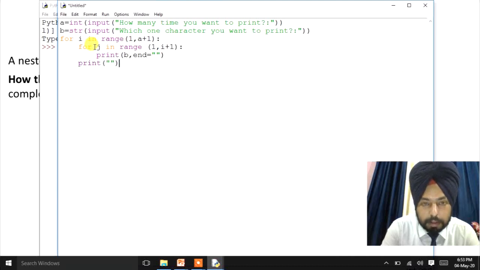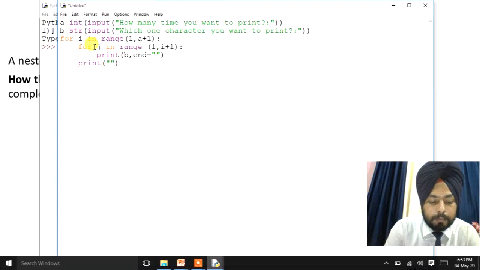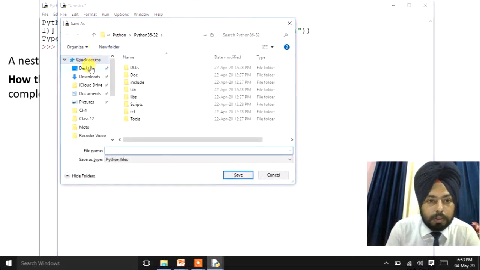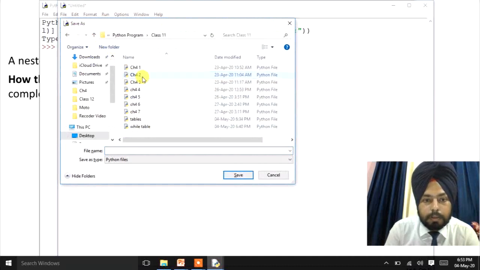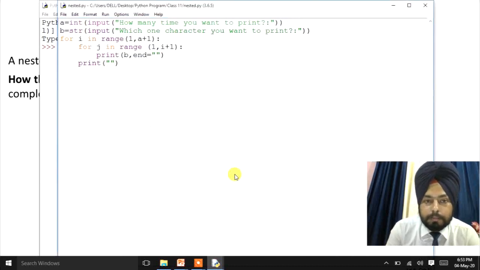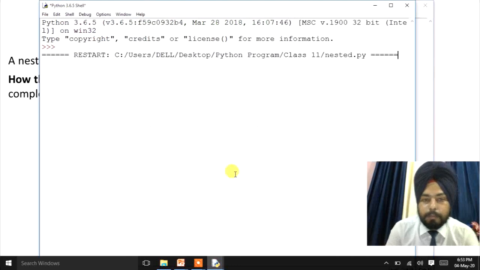Now I'll save the program by pressing Ctrl S. On desktop we'll save the program, in class 11th. Here I'll write the name of the program, nested.py. Right? Now I'll run the program by pressing F5.